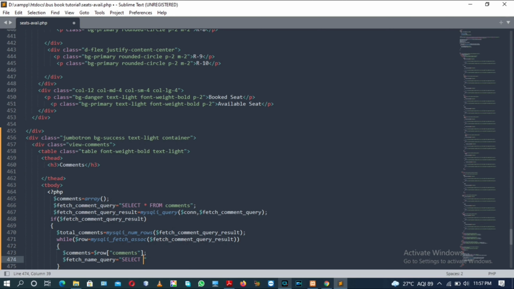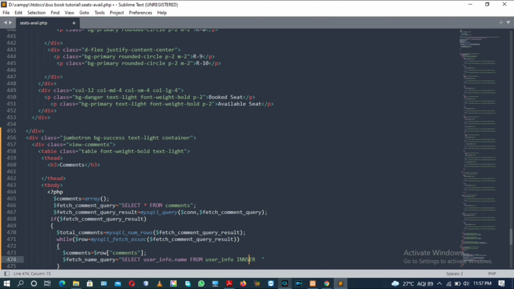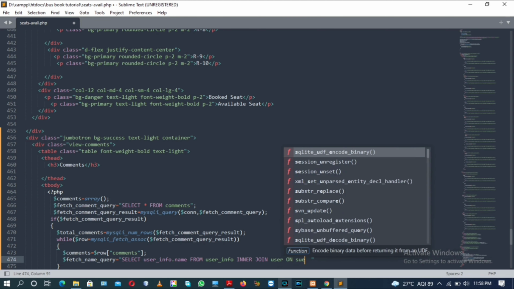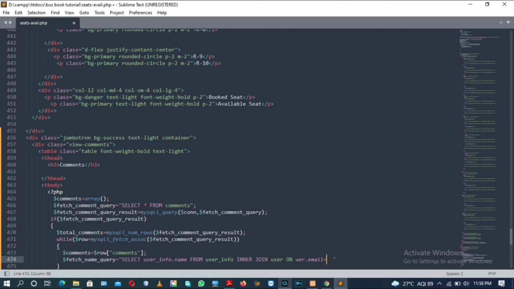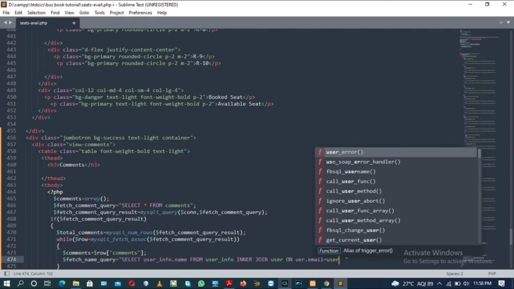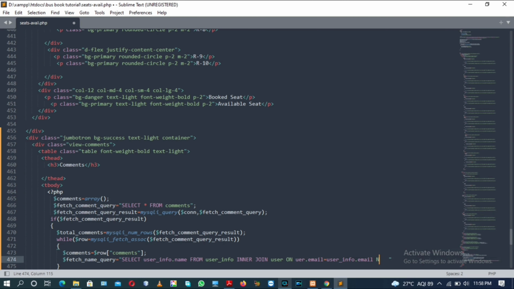Select userinfo.name from userinfo inner join user on user.email is equal to userinfo.email, and